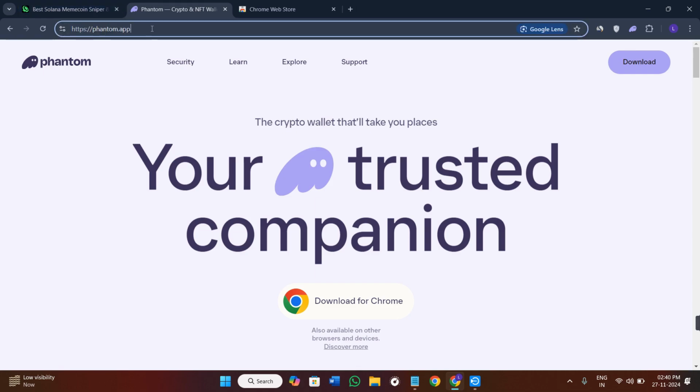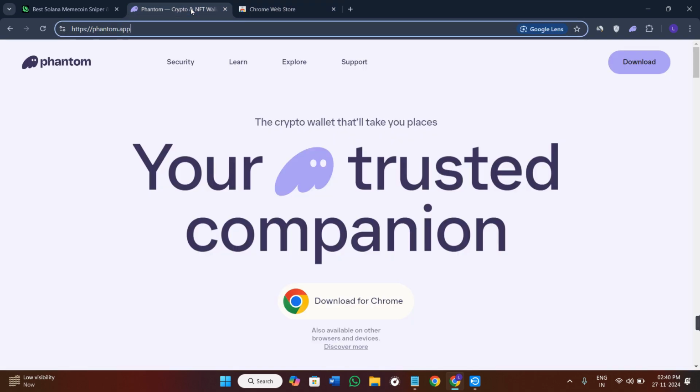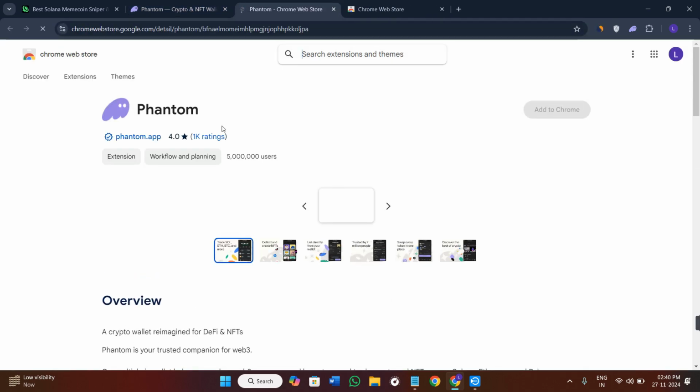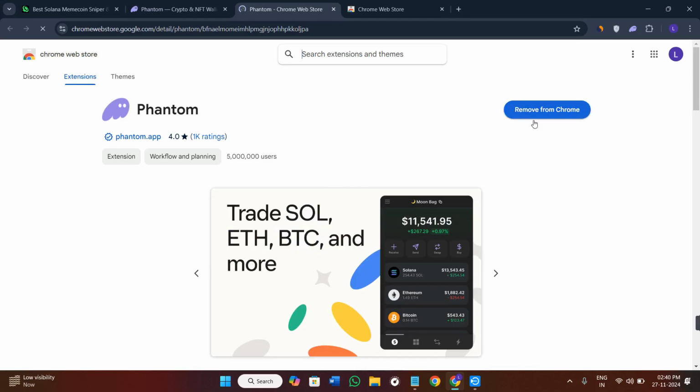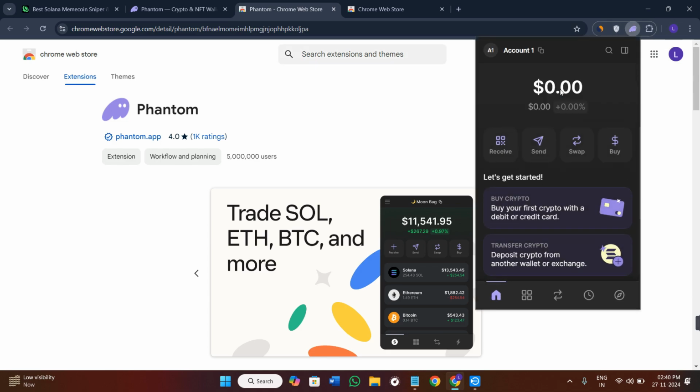Now, you need to simply open your web browser, and here you need to simply search for Phantom. You can even use Chrome Web Store, and here you can type Phantom Wallet in order to find its extension. Here you need to click on the download for Chrome option and it will redirect you to this page where you need to click on the add extension option and wait for some time until you see the Phantom Wallet extension in your web browser. Afterwards, you just have to simply log in to your Phantom wallet,